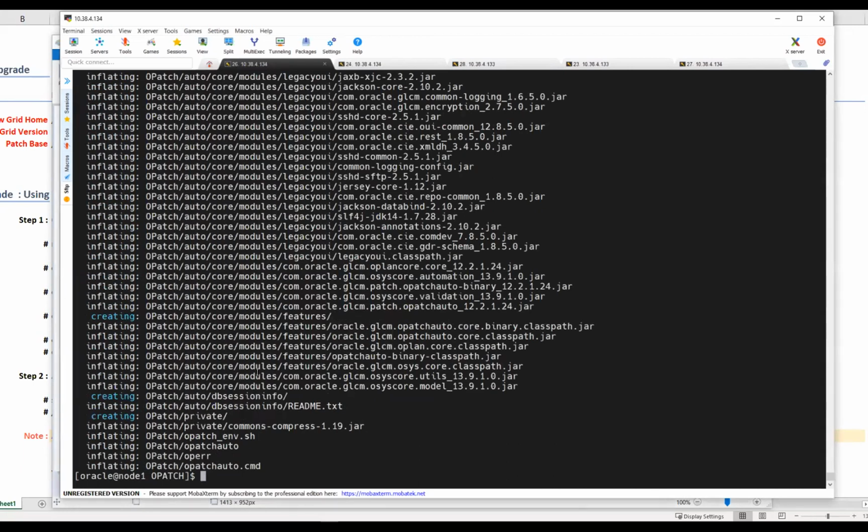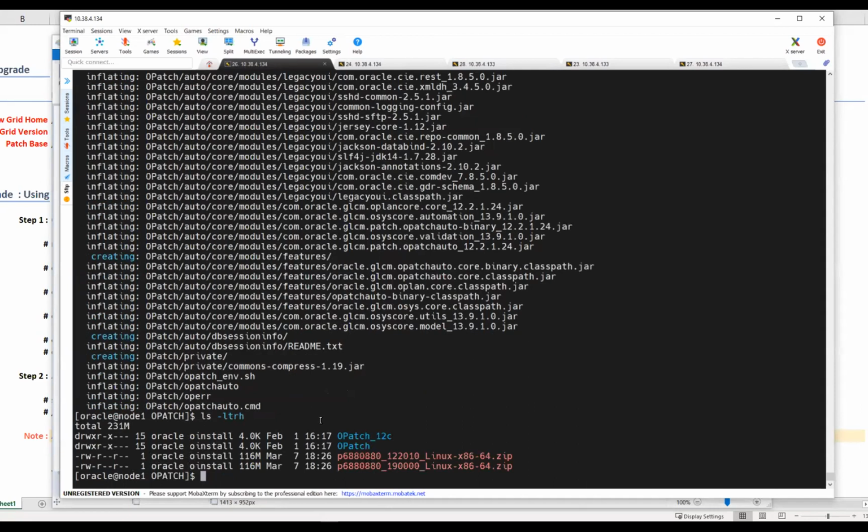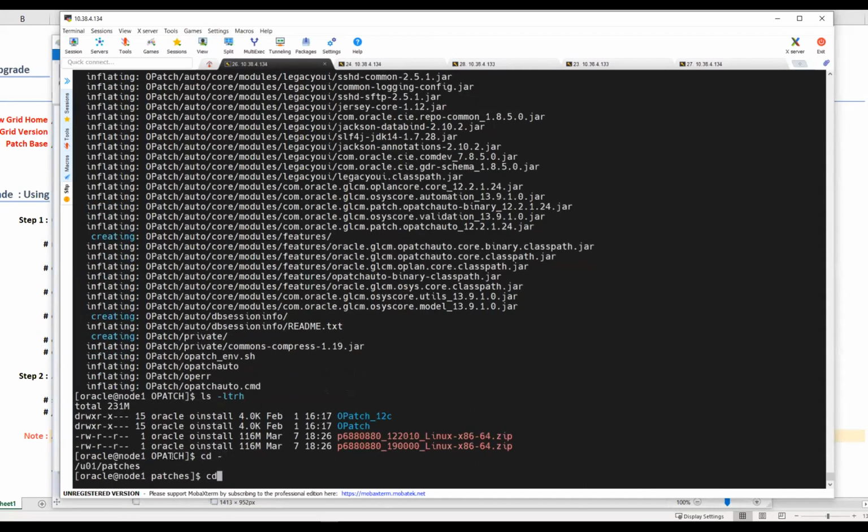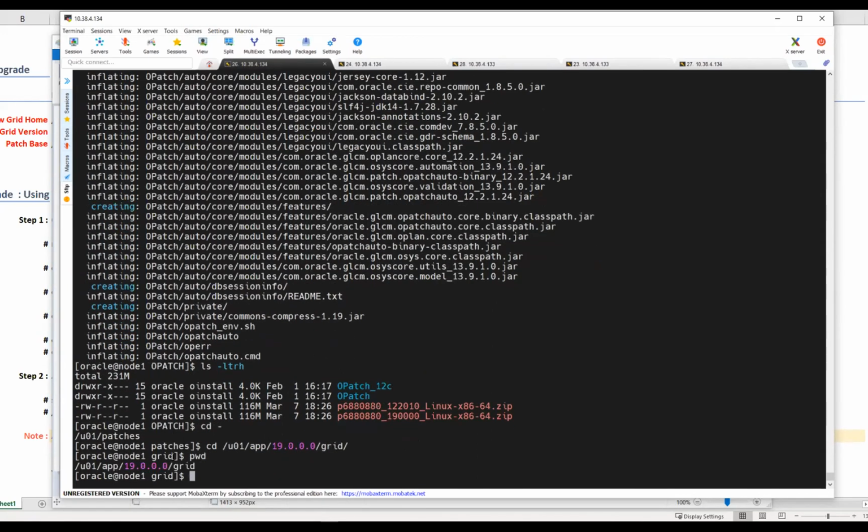So now the OPatch is ready here. Then on the 19C grid, I'll cd to U01 app 19C grid. This is my unzipped 19C grid software. I'm going to move the existing OPatch to OPatch old.